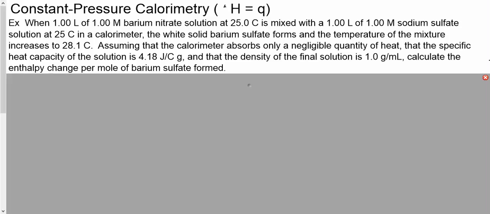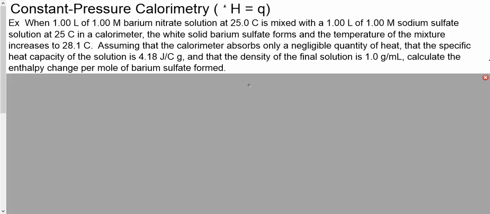Okay, so when 1 liter of 1 molar barium nitrate solution at 25 degrees is mixed with 1 liter of 1 molar sodium sulfate solution at 25 degrees in a calorimeter, the white solid barium sulfate forms and the temperature of the mixture increases to 28.1 degrees Celsius. Assuming that the calorimeter absorbs only a negligible quantity of heat, that the specific heat capacity of the solution is 4.18 and the density of the final solution is 1 gram per milliliter, calculate the enthalpy change per mole of